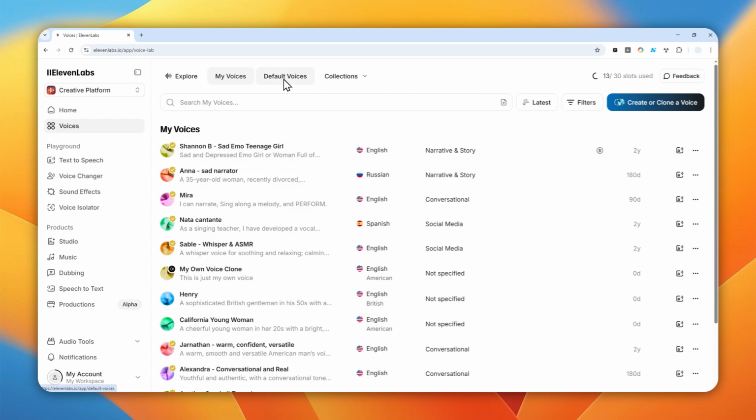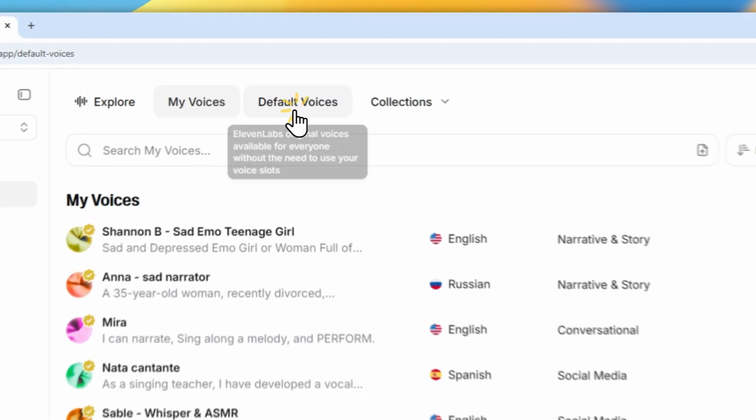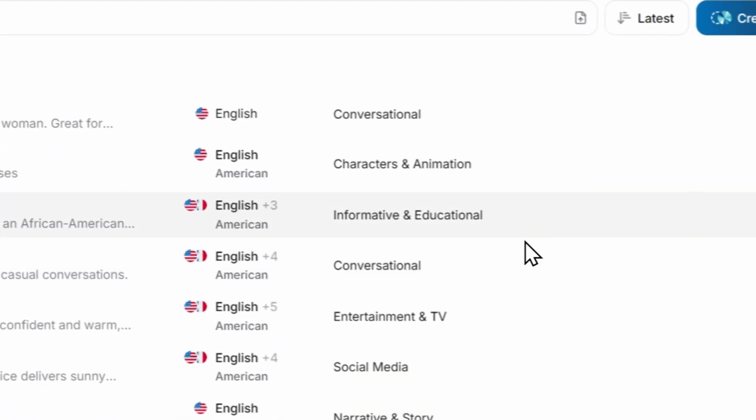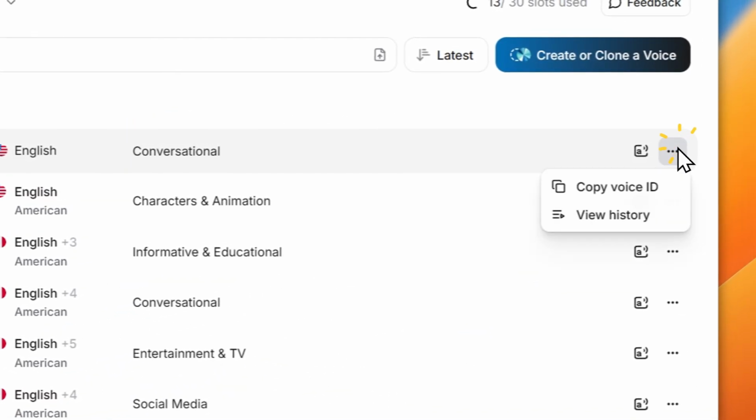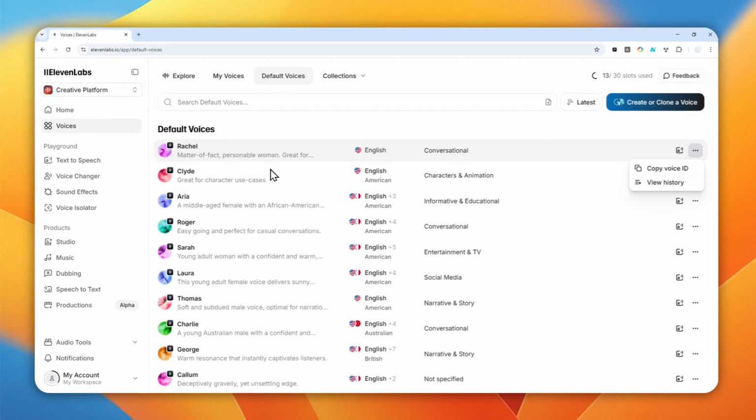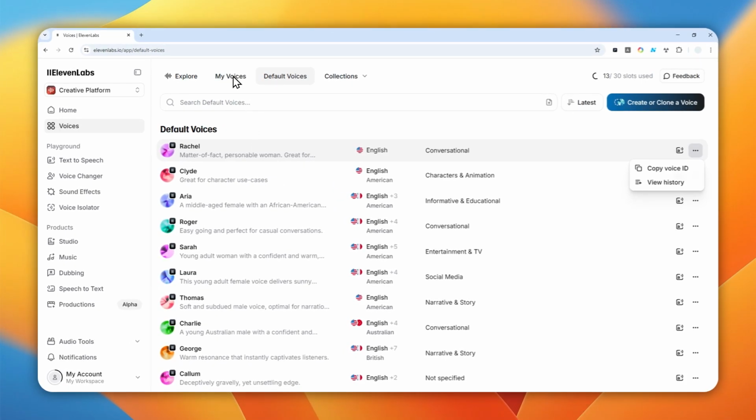And by the way, there are some voices that you can delete, like for example, you can delete some unspecified professional voice, and also you cannot delete the default voices because they're just not possible. They're part of the platform. So that's how you can delete the voices from my voices